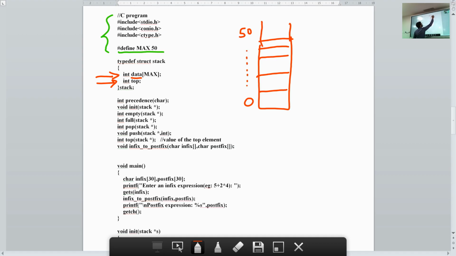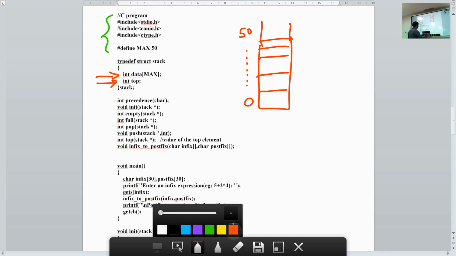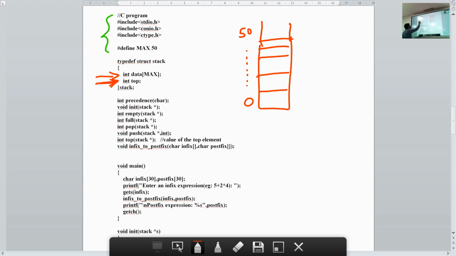So your array size is 50 because I have defined the max as 50. Then I am using a pointer top. This pointer top will be pointing to the topmost array or your topmost stack element.